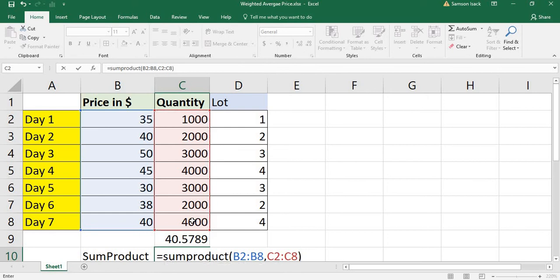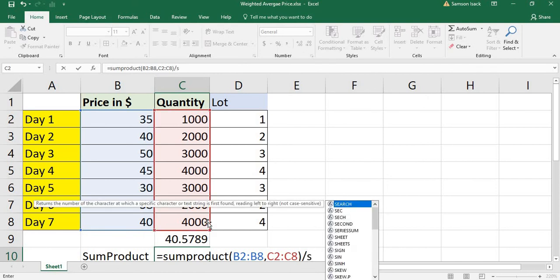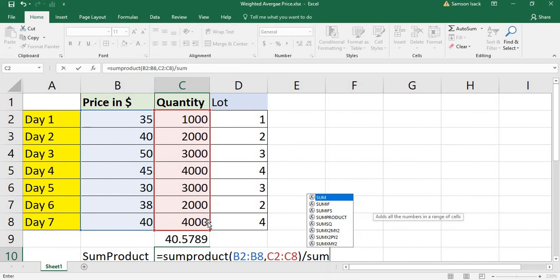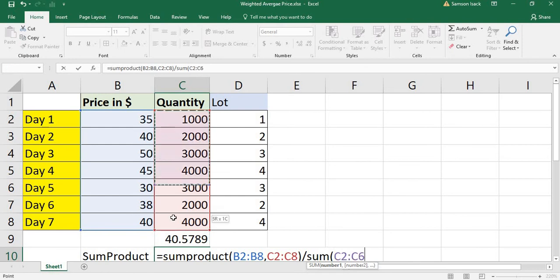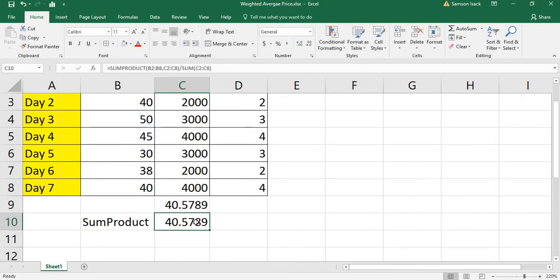Okay, so this will give you the overall sum of each individual product: 35 into 1000, 40 into 2000, 50 into 3000, 45 into 4000, something like that, and divided by the sum of the overall quantity. Okay, and enter. So this also gives the same result as